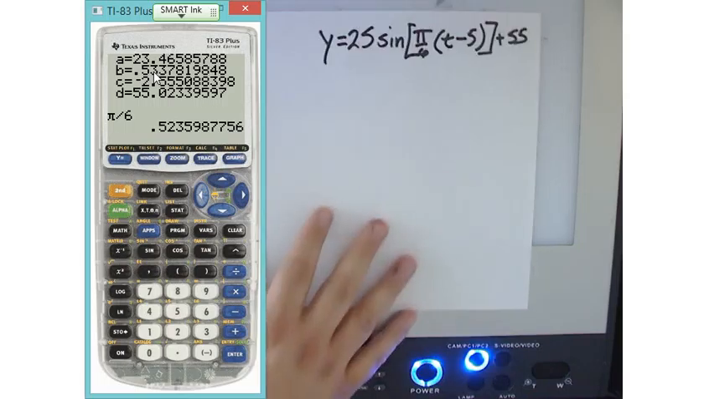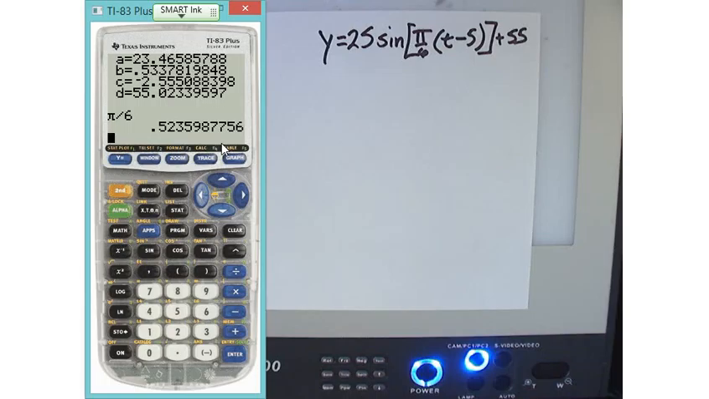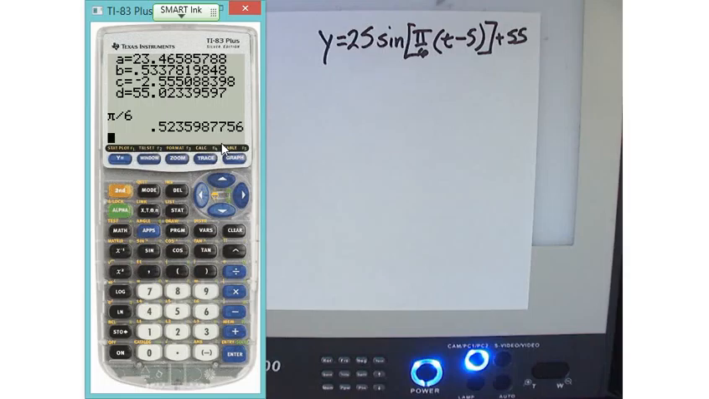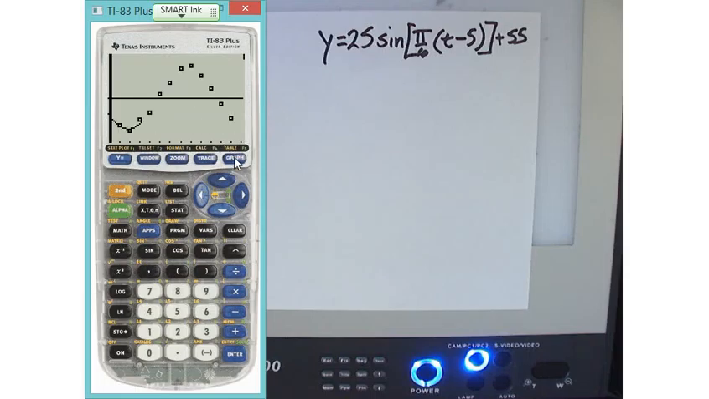Well, what about C, the C term? C's off a little bit. We said -5. They said -2. We said that the vertical shift was 55. They said 55.02. So, not bad at all. Let's see what it looks like. So now if I hit graph,